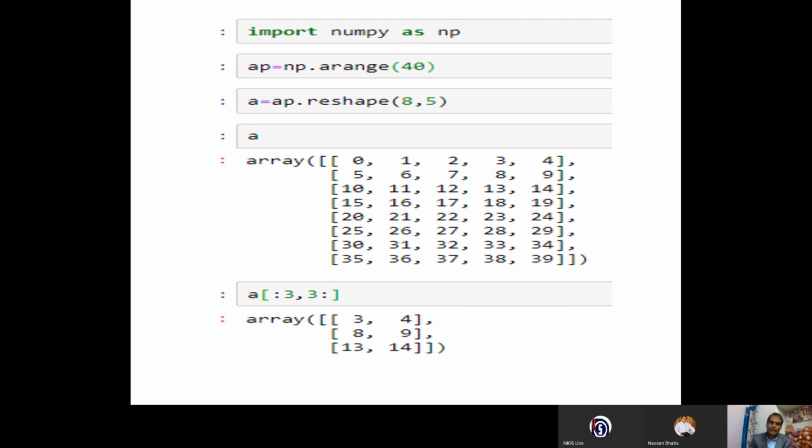End point is there, we have to ignore it. Okay, before that only we have to display the result. Comma, for column also they have given the starting point will be 3 and end point will be no end point. So we have to take till last value. Is it clear to everybody? We are getting result 3, 4, 8, 9, 13, 14. How? Don't be confused. See this image.